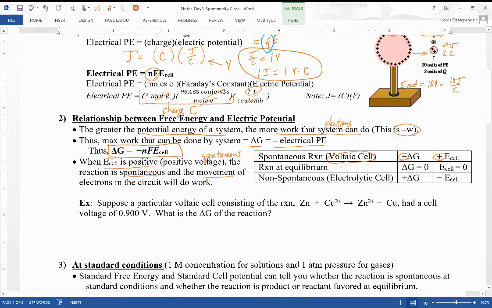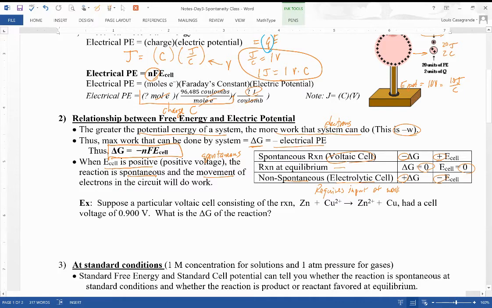At equilibrium, there's no net reaction. So the delta G is 0 and the E of the cell is 0. And a non-spontaneous cell would be an electrolytic cell. This would be a cell that we're going to see next week, in which it requires the input of work. It requires the input of energy, and that would be a positive delta G, or a negative cell